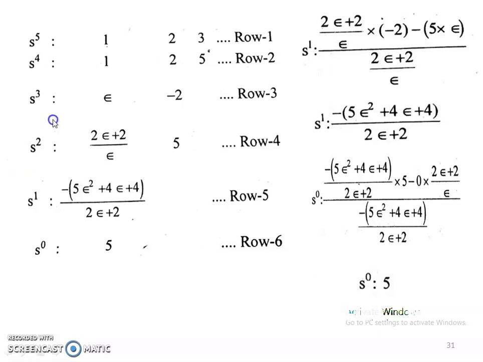So after getting a 0 in the first element of the row s cube, we replaced that 0 by epsilon and continued our process of the Routh array. Okay. Now we have completed up to the last step. Now what we have to do is, instead of epsilon, we have to substitute 0.